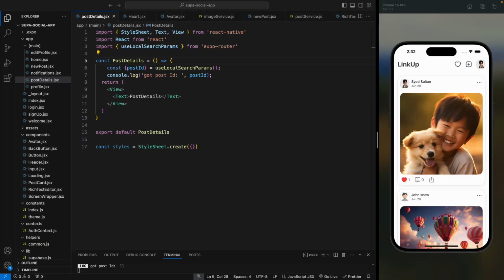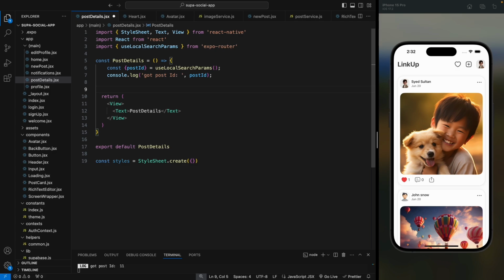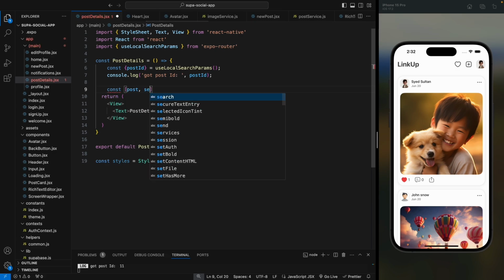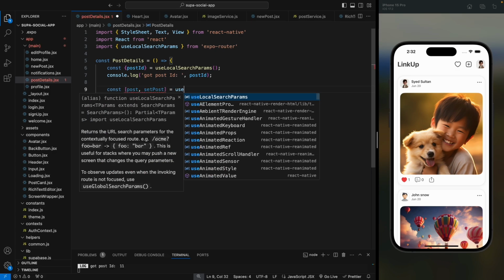Hello everyone, welcome back. So in the previous video, we worked on likes, shares and pagination, and in this video, we're gonna work on our post details model. So now I want to fetch the post details. So let's create a state post and a set post. By default, this will be null,